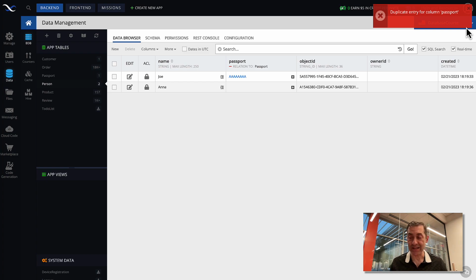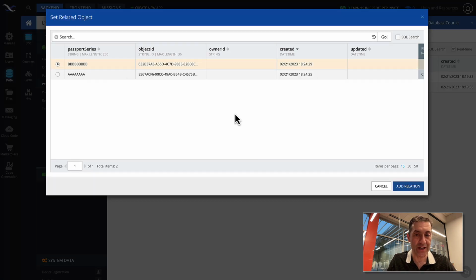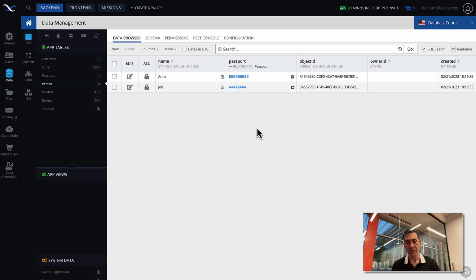So what that means is that the database enforces the rule that a passport assignment to a person must be unique. As a result, that situation where I had two different people pointing to the same passport is not going to be possible, because the schema constraints prevent that from happening. So now the only option that I have is to select the passport that hasn't been assigned to anyone, and now that works. So that is very important as far as the assignment of constraints to enforce a true one-to-one relationship. That's how it works with creating those relationships.